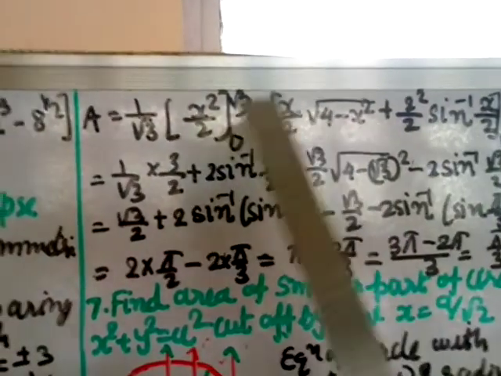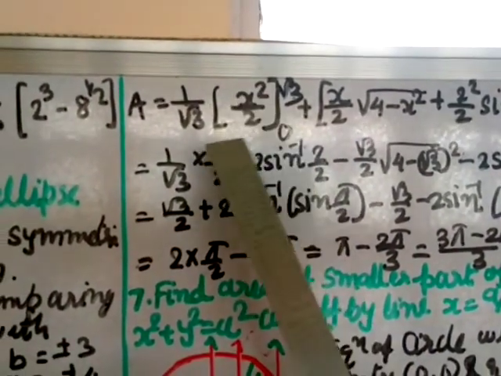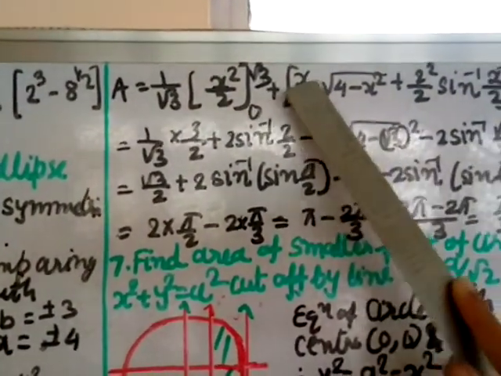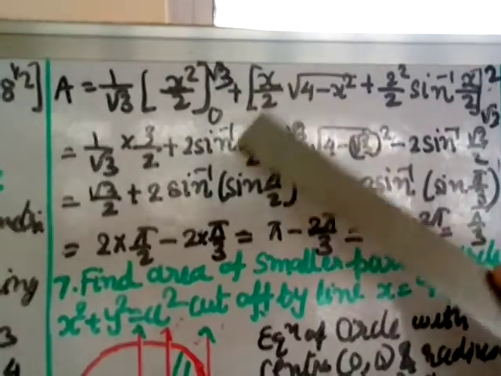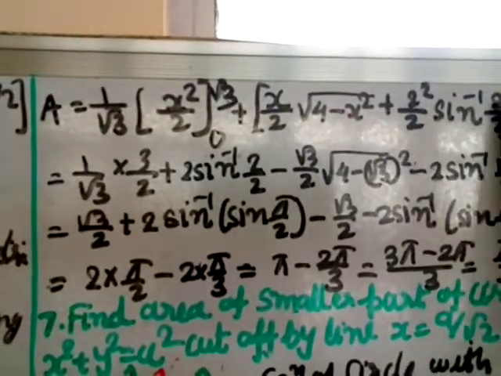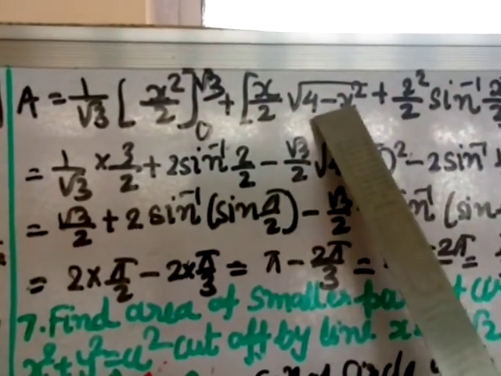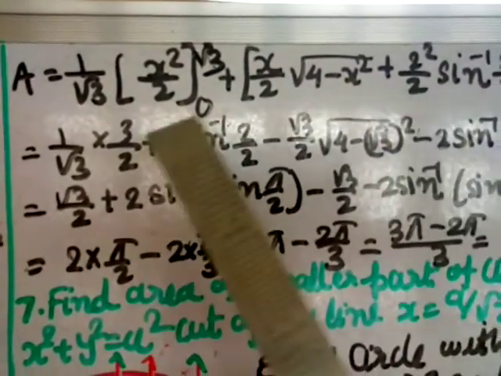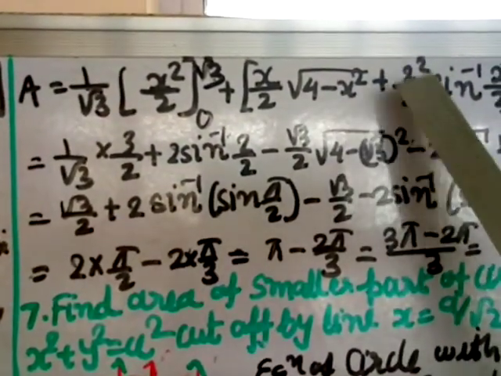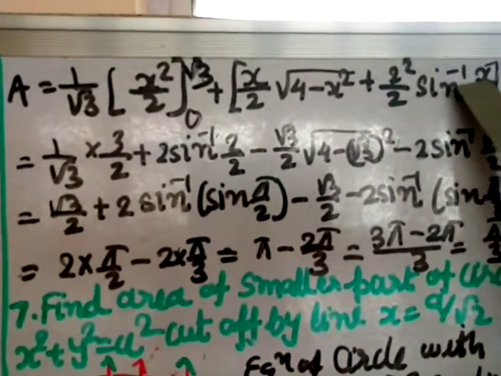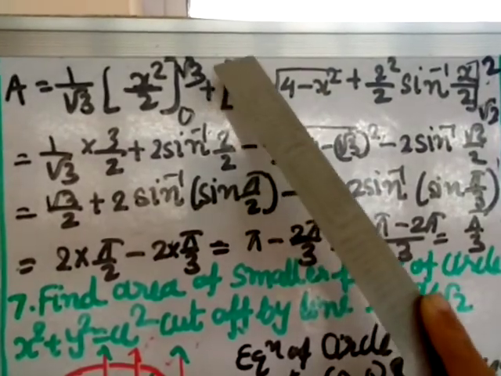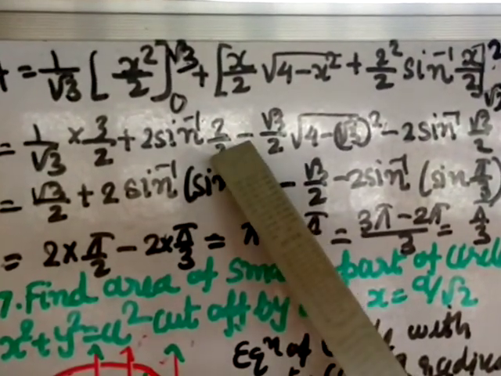Now we will apply the limits, so first you put root 3 square is 3 by 2, and 0 when you put 0. Now here first you apply the upper limit, so 2 by 2. Here I have put directly 0, because 2 square is 4, 4 minus 4 is 0, so this part I have not written. I have started with this, so 2 square by 2, you get 2, sine inverse of x by 2, so 2 by 2, minus, now put root 3, and you have to put minus, remember that,